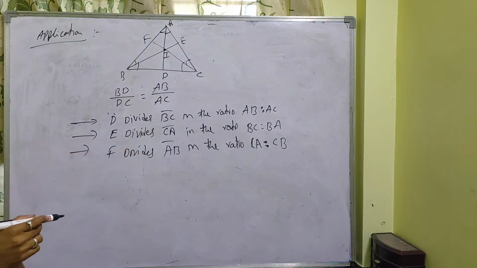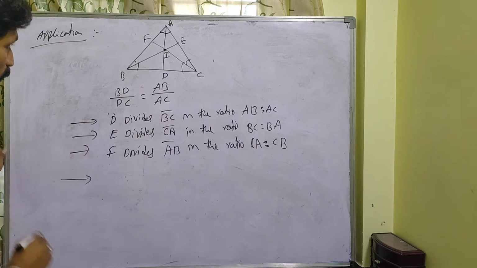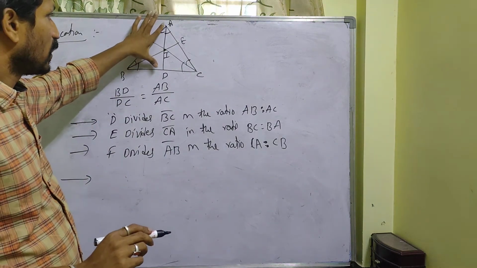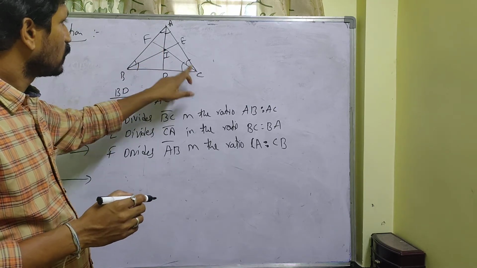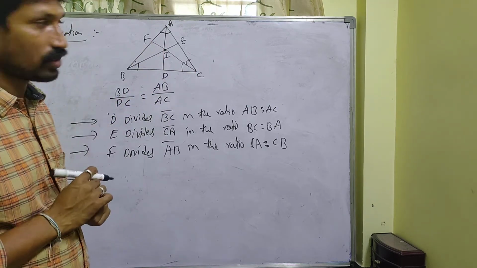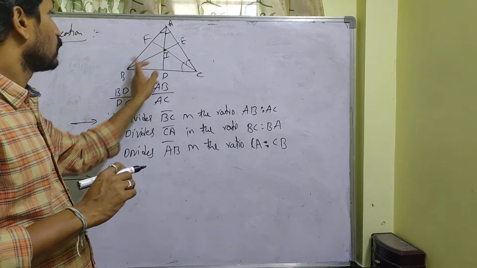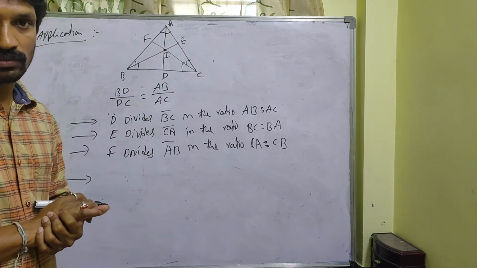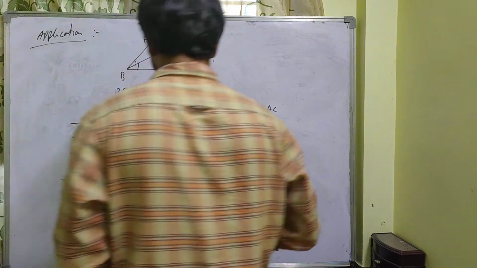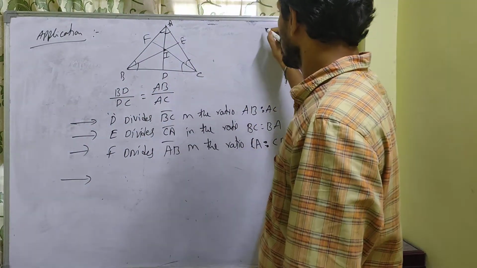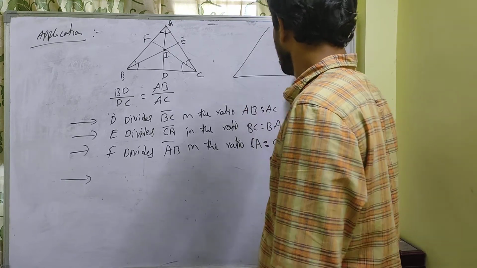From this one only we can draw one more conclusion. I divides AD in the ratio what? I divides CF in the ratio what? I divides BE in the ratio what? Okay. See, I give one conclusion. So let us take this is a